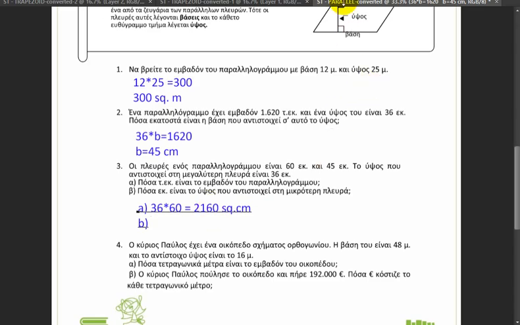The area of the parallelogram does not change. So I'm going to say that 45 times this height 2, so let's just call it h. I don't want to confuse you with the numbers. So 45 times the height is going to give us the same area because the area does not change regardless